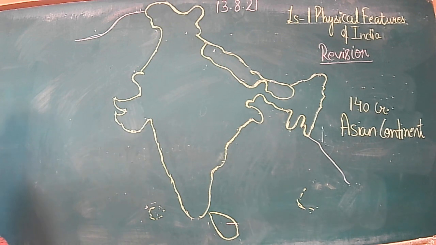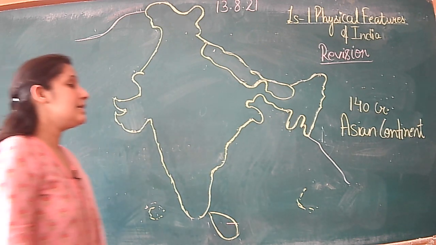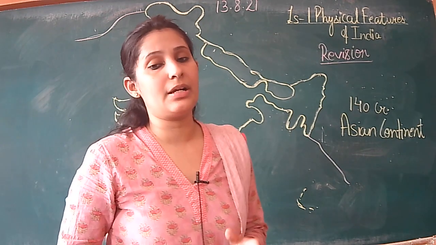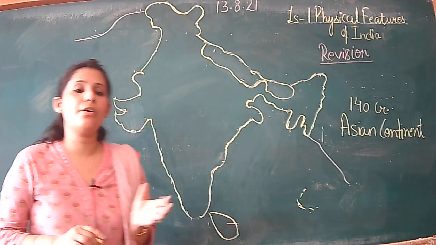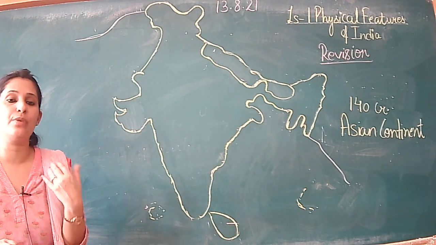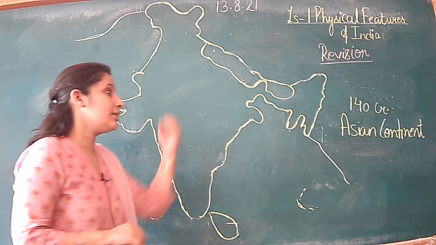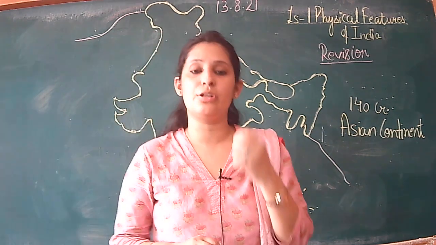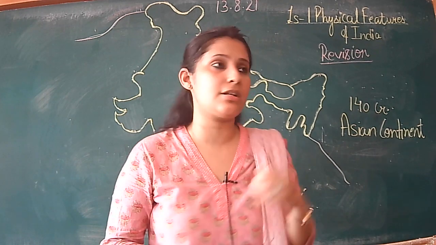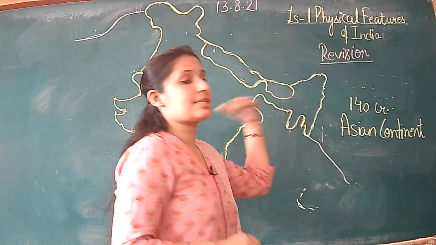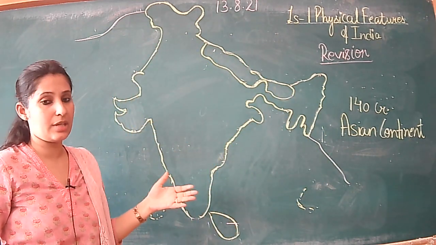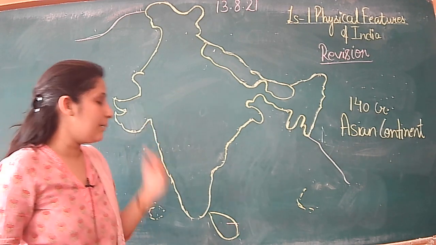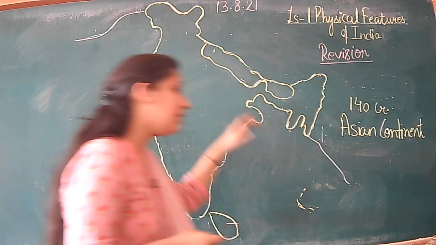Now next, as I told you, India has several neighboring countries by which we are surrounded. In the north direction we have around 3 countries, and the same goes for the east, the west and the south as well. So we will now label our map according to the direction.